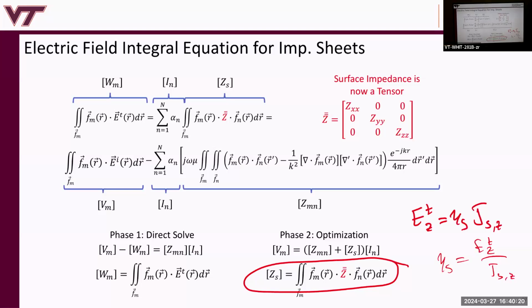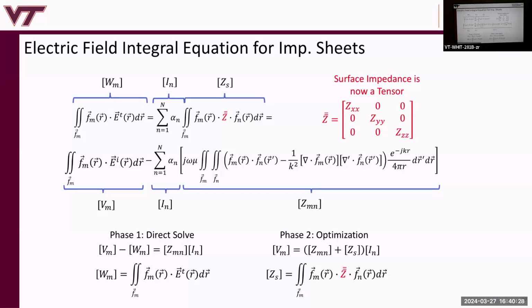Remember? Okay, so that was after you solved this matrix equation here. But the problem now is that you're solving this particular thing: E total tangential is equal to Z dotted with J, right? So this is a matrix equation. You can't just divide, right? So you have to,